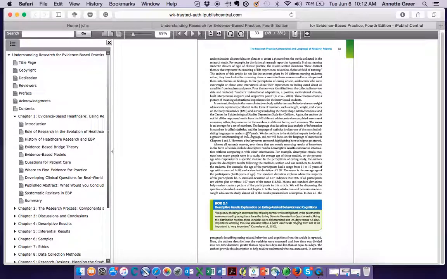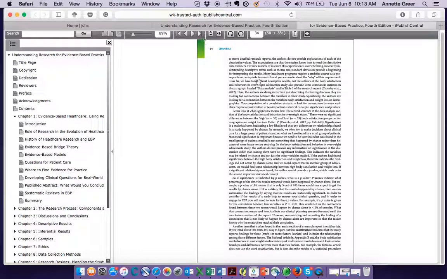Again, the mean. Understand what a mean is, and understand stats. So know what descriptive results are, what inferential results are, what significance is, what a p-value is, what a multivariate indicates,